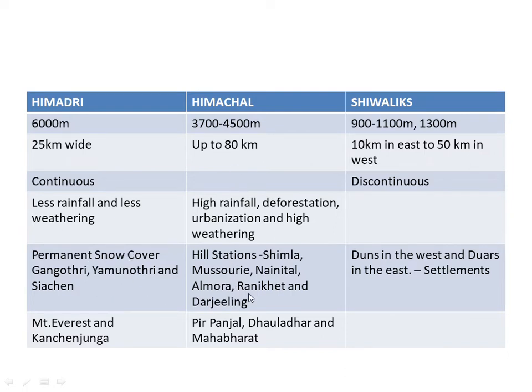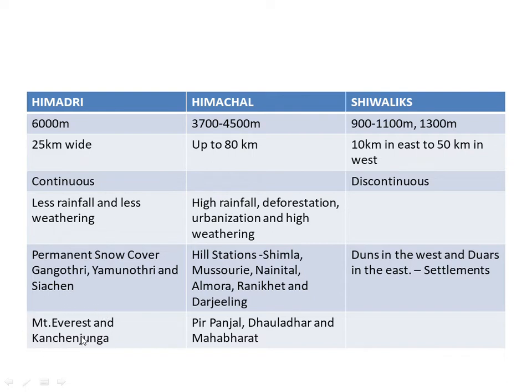In Himachal, we have more hill stations. The most famous among them are Shimla, Mussoorie, Nainital, Almora, Ranikhet, and Darjeeling. And in Sivaliks, there are longitudinal valleys between the different mountains, and these are called duns in the west and duars in the east. As these places were valleys, they were very suitable for settlements in this region. And in this Himadri range we have the highest peaks, that is Mount